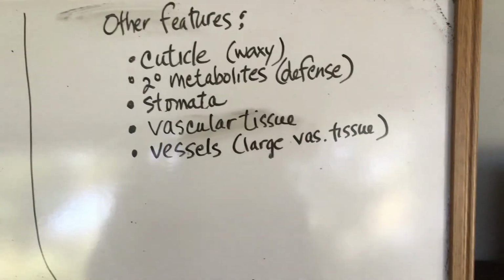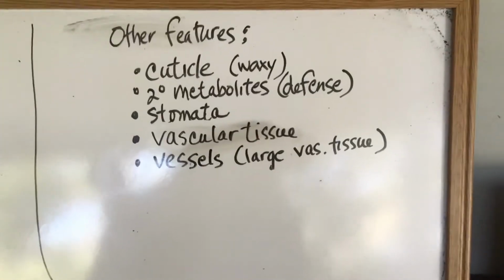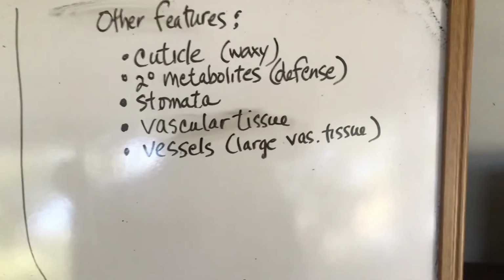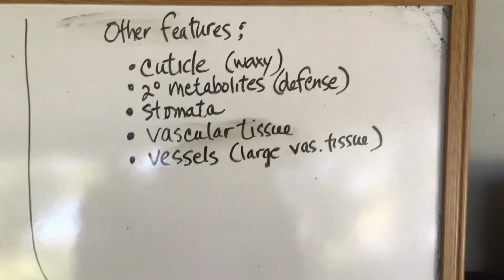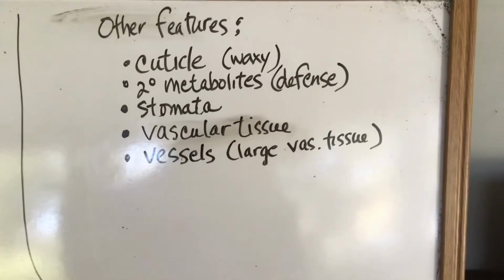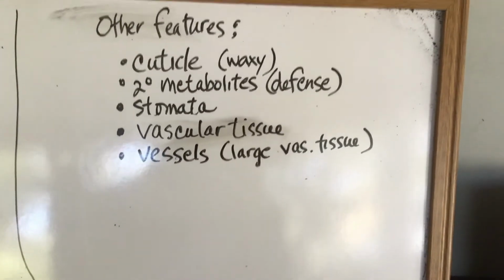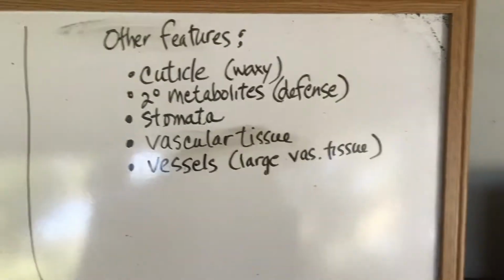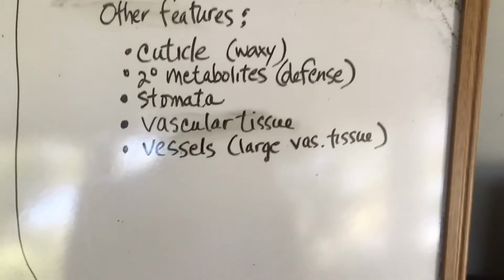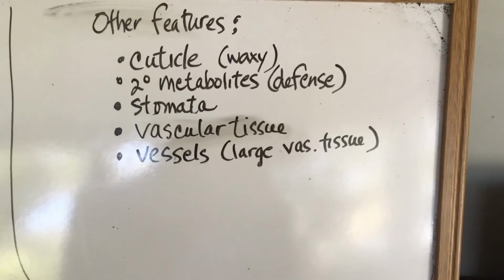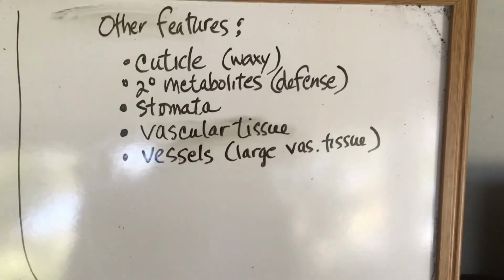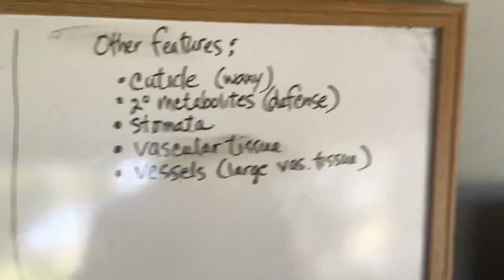You have things that are like alkaloids, things like nicotine, where if an animal eats that, they die, or like cocaine is one. Their mouth will become numb and they can't eat. So these are sometimes defense mechanisms, or sometimes used as attractive mechanisms in flowers and things like that. Then also vascular tissue. That means a tissue that is going to allow the flow of substances from one part of the multicellular organism to the other inside the plant, and later vessels or vessel members, which are larger vascular tissue.